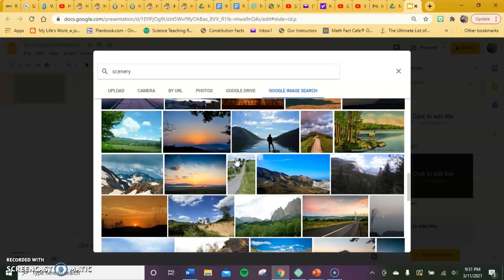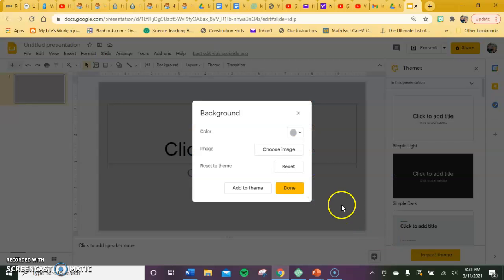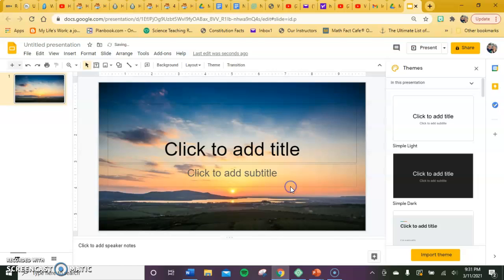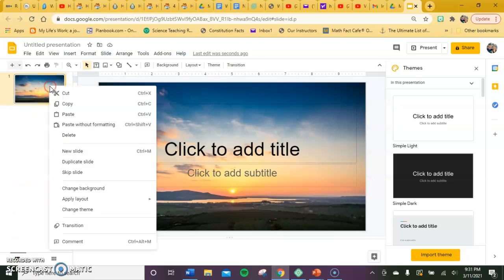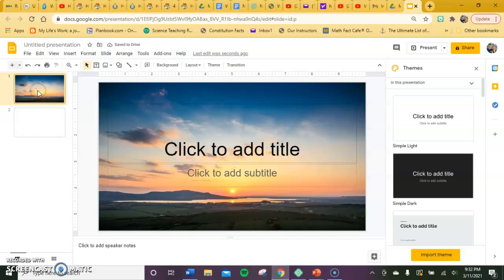I'm just going to choose one just to show you. So let's say I choose this one. And down here, a little insert button pops up. I say insert, and I say done. And now I've got this as my background. Now if I want to apply that to all of my slides, when I go up here, I can either choose a new slide and get a blank one, or if I want to have that same background,